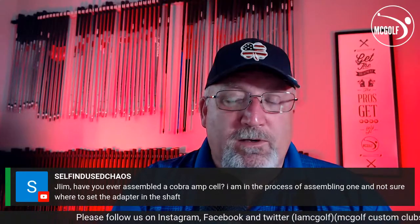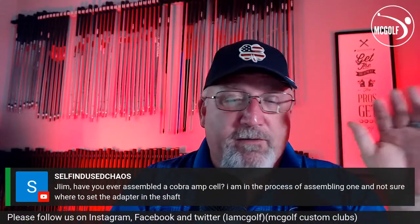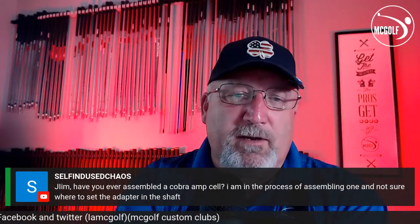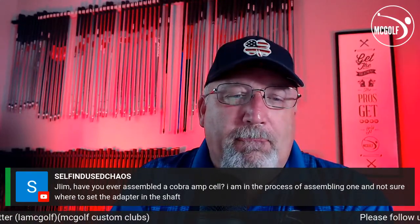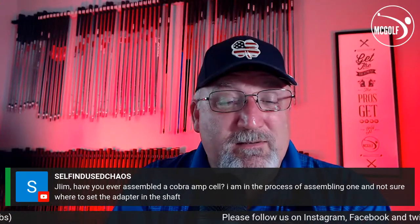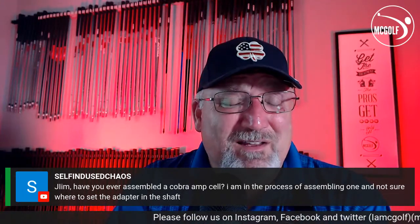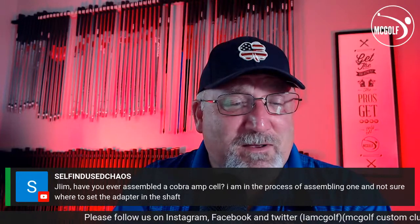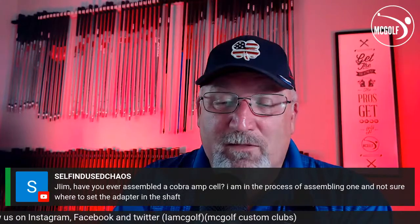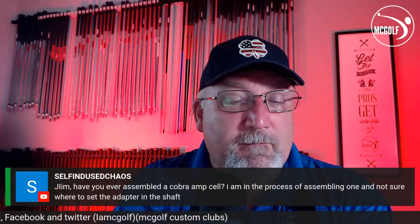Normally in every adapter there is a neutral position. I'm guessing that's what you're talking about. But I don't remember the amps ever being adjustable. I thought they were a fixed spot. But maybe there are some out there that are not. I don't know everything about all the Cobras, but